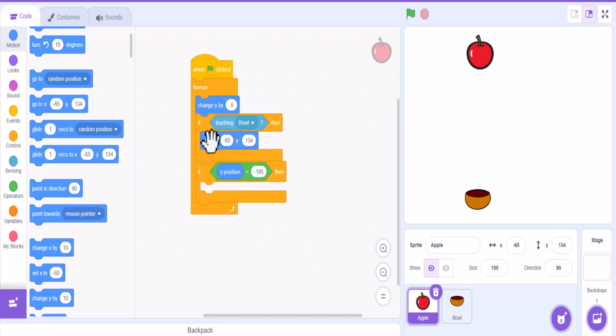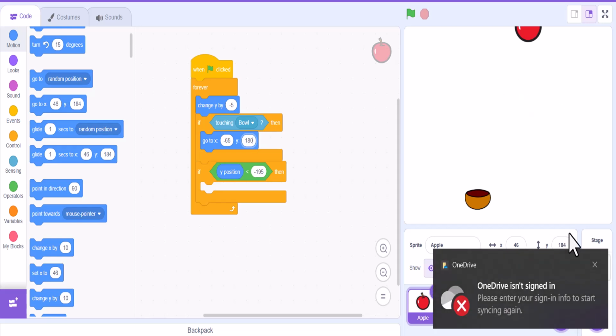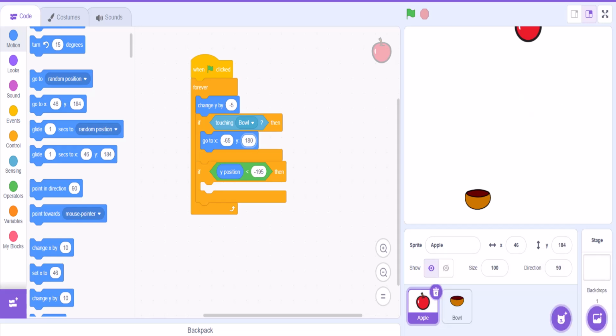We're going to start with the bowl first. And we know that the Y position, we'll have it start way up here. We'll do 180. So we're going to say that we want it to go definitely on the Y axis to 180. But now the negative 165 is just going to have it show up in a spot. We don't want that. We want to create some random aspect to this. So if you go ahead and do pick random,